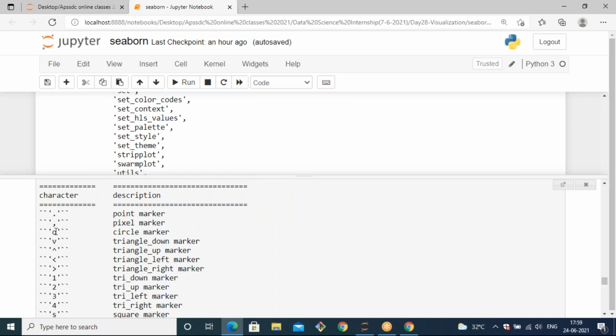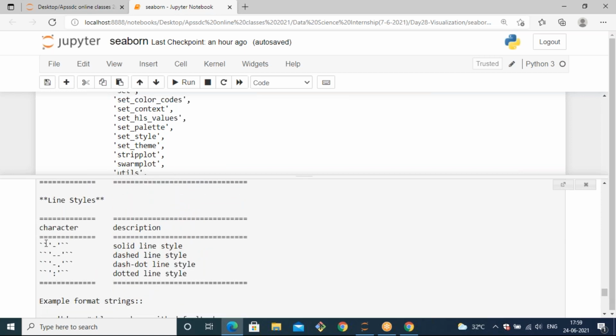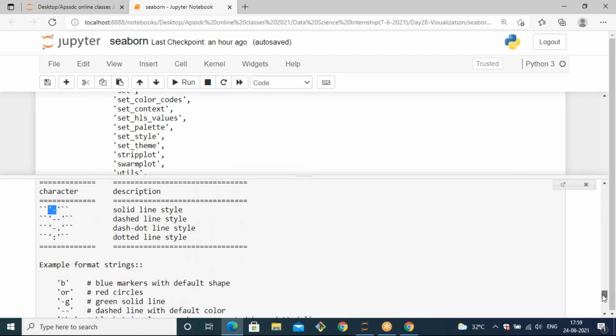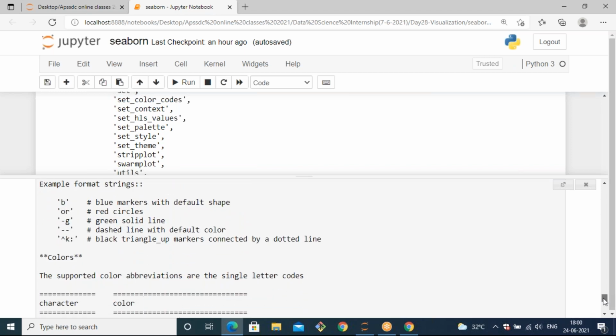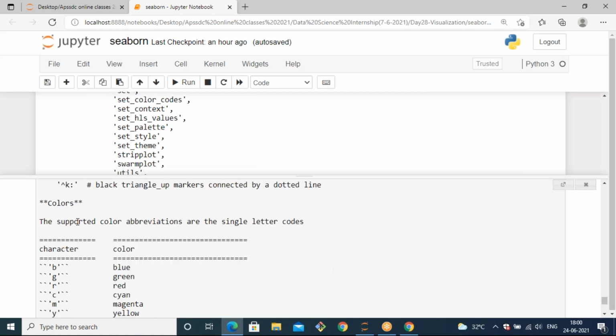It can support dots, commas, and so on. Line styles also, like underscore, double underscore, all those things. Sample format strings, colors. Yes, in the bottom you can get the colors.